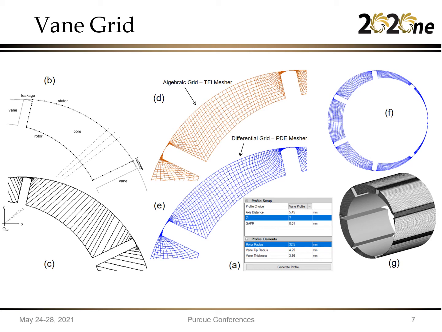Scorch has an internal vane profile generator, which takes the offset between the rotor and the stator, the number of vanes that are required, the radial gap, and some dimensions associated with the vane thickness, the tip radius, and vane or rotor radius. Based on this, the vane profile is generated, and the grid generation is done in 2D cross sections, first starting with an algebraic approach of a transfinite interpolation, as you can see in this mesh example here. This mesh quality is then improved by applying a differential grid generator, which is translated here into the blue diagram.